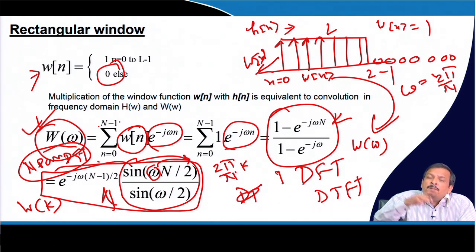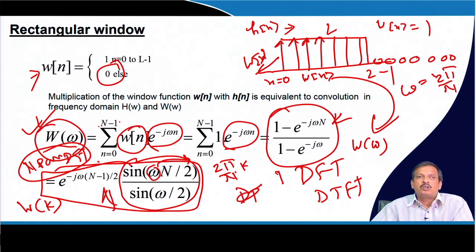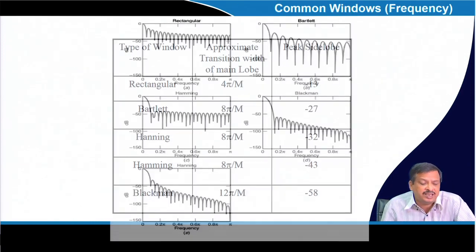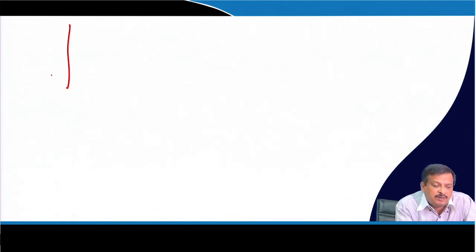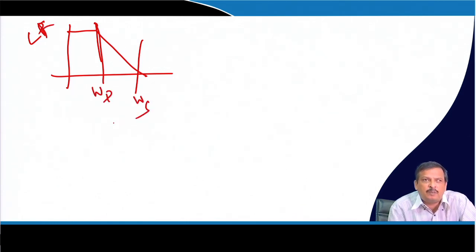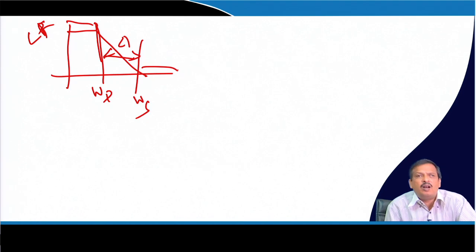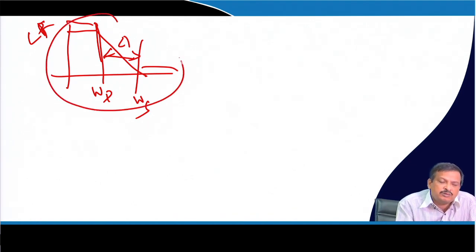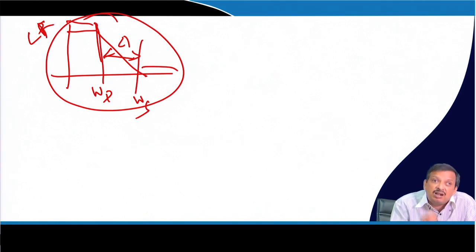So, there is a window frequency response. I have a frequency response of the window. When I say I want to design an FIR filter whose specification is given to me, let us say somebody said that this is my specification: this is my transition bandwidth, this is the cutoff frequency, a low pass filter with a cutoff frequency omega p, and omega s is the stop band edge frequency, and the transition frequency is delta, ripples are given, all are given. So, this is the frequency response of the filter which I want.